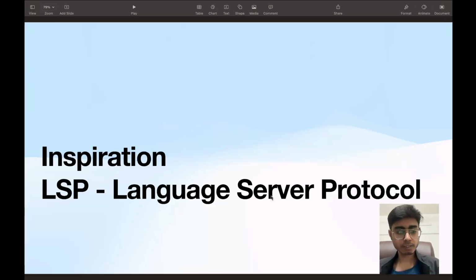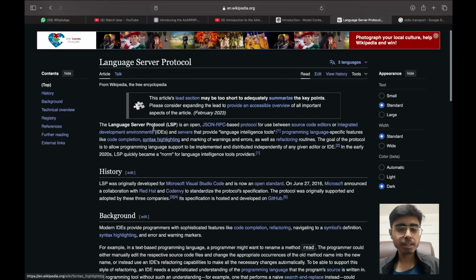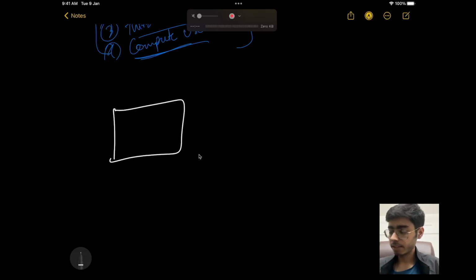The inspiration is the Language Server Protocol, right? So what is the Language Server Protocol? If you check Wikipedia, it says the Language Server Protocol is an open JSON-RPC based protocol for use between source code editors or integrated development environments, IDEs. You know IDEs, right? So you already know what an IDE is, an integrated development environment, like Visual Studio Code,